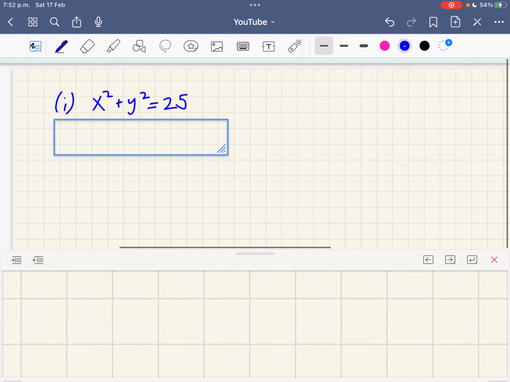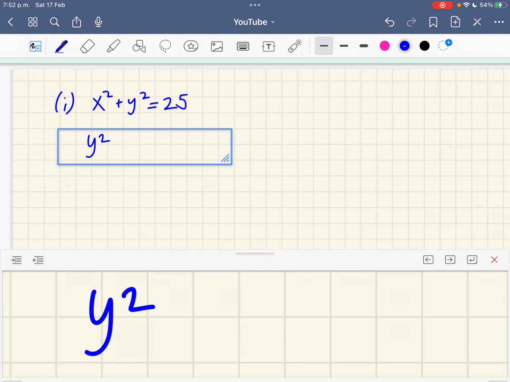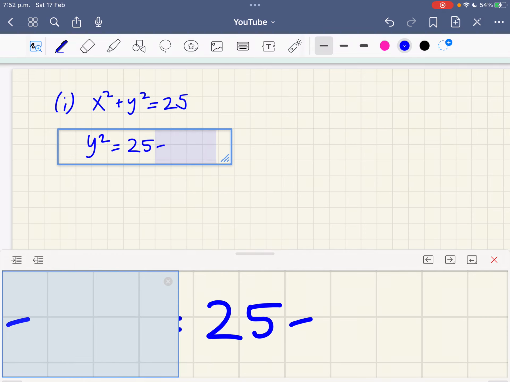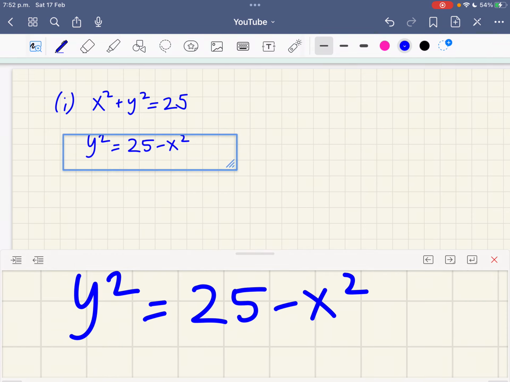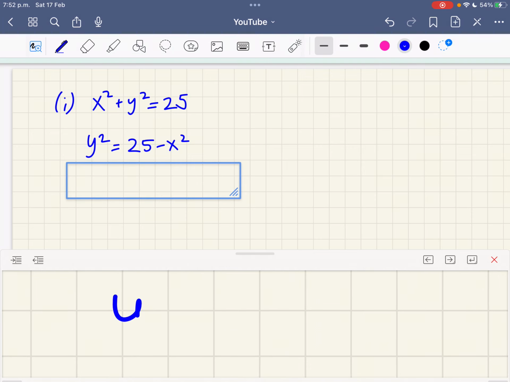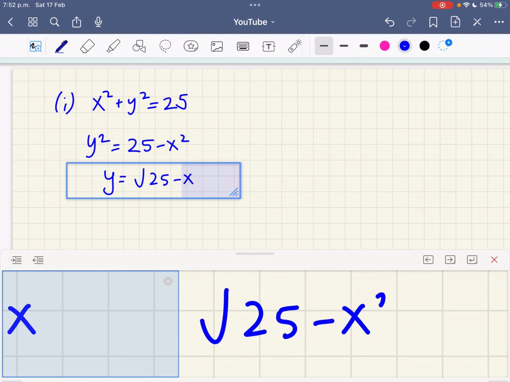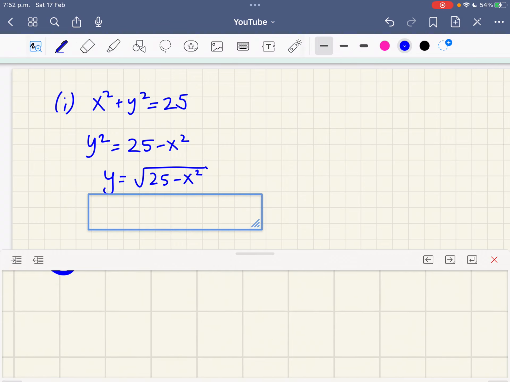So find y first. y squared is 25 minus x squared. So that's y is equal to the square root of 25 minus x squared, which is